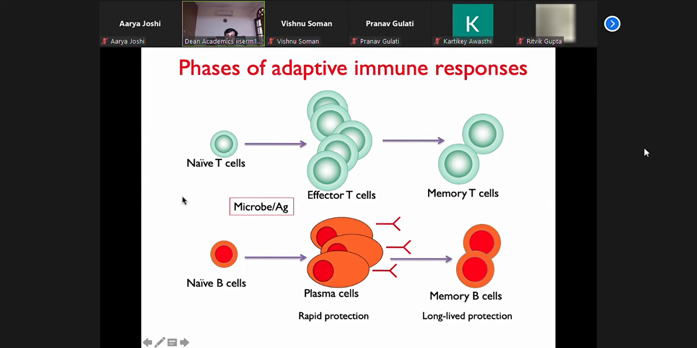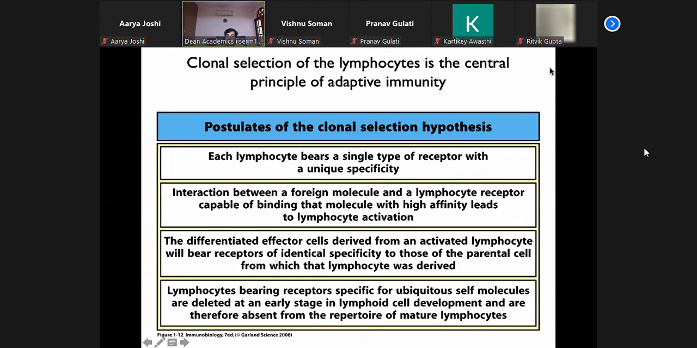So is that clear? That this is how this sequence of events takes place. All right, so more or less this is what we are going to talk about, but this is actually one of the theories